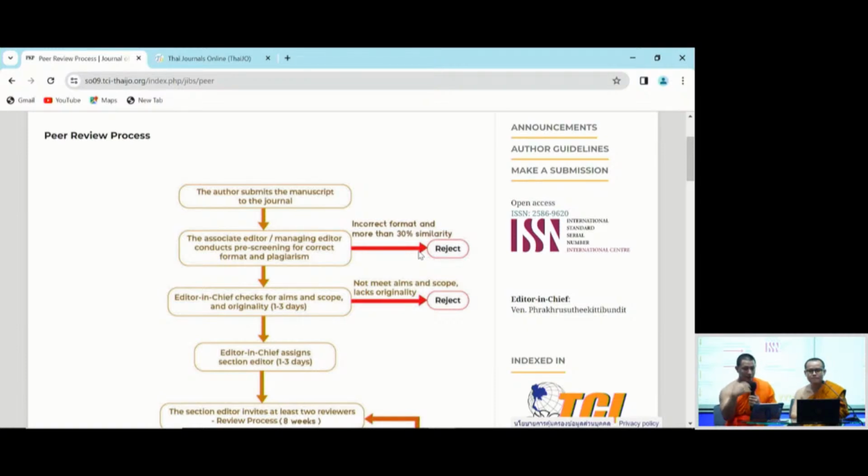Especially students in previous years, when they try to make a submission with JIPS, they do not understand the process of peer review. They just want to submit right now and be published. I think a lot of students still lack understanding of how long it takes. You have to edit your manuscript. You have to be commented on by reviewers, at least 3 reviewers, as Ajahn Sorak just mentioned, right? And a different perspective, different ideas. You have to take those comments and edit your manuscripts to be published. It's not that you just submit and